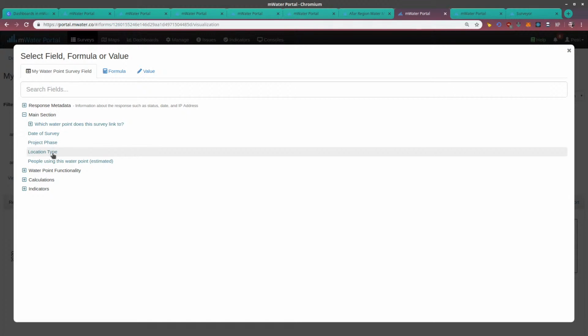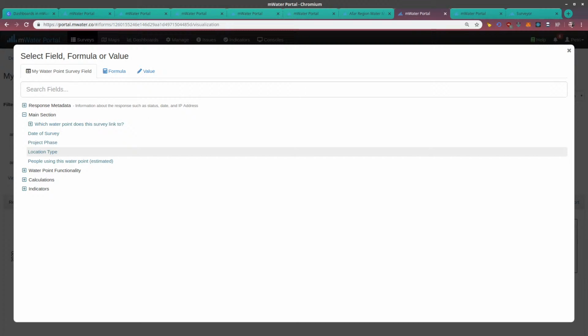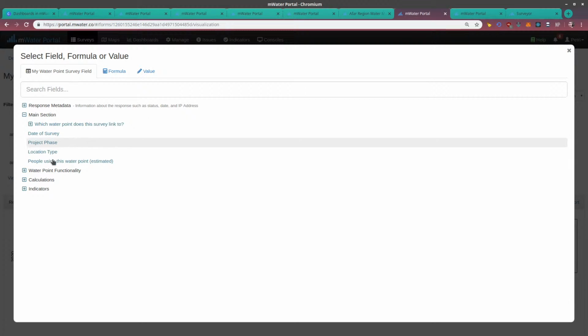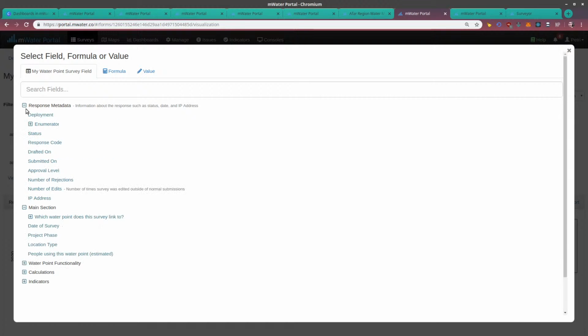Why is it called location type? Well, because your question was named location type, project phase, and so on. Your survey will have different names for their questions, and different sections, and that's why this will look different. I'm going to pick location type, but I'll just briefly mention response metadata, because it's important to know